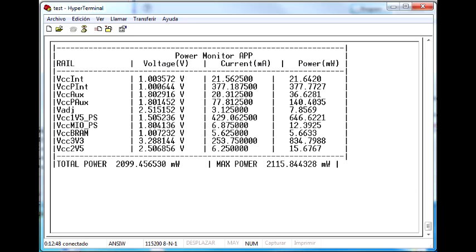So I have used an easy tool that is available from Xilinx as a system implemented, the VITA configuration, where you can see from the UART all the voltage and the current for every part of the system on programmable chip. And as we can notice, the maximum power consumption is 2 watts,